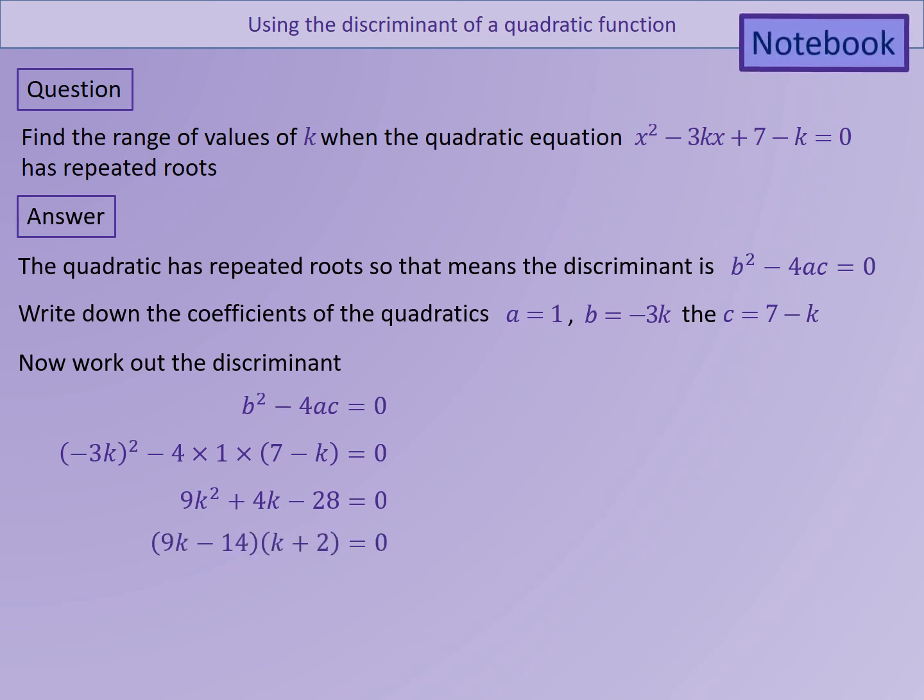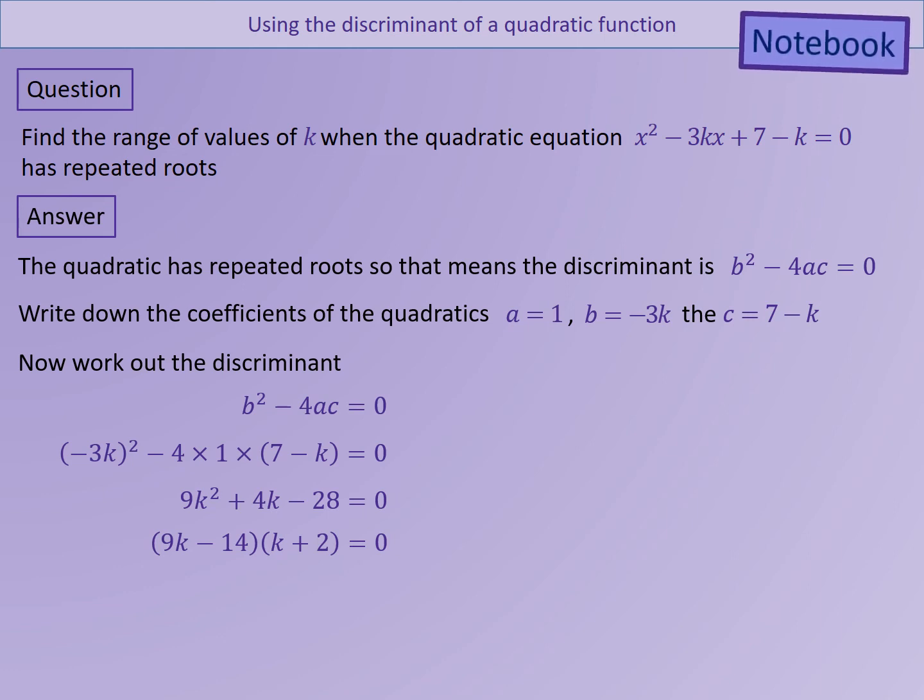Luckily for us, this quadratic factorizes, so that might be a tricky thing to do, especially with it being 9k squared and minus 28. Don't worry too much about that because you'll learn very soon, if not already, that your calculators will factorize and find these values for you. But for now, I can assure you that the factorized version is, as you can see here,